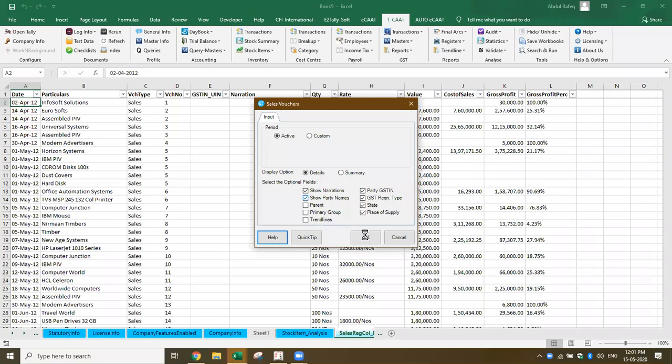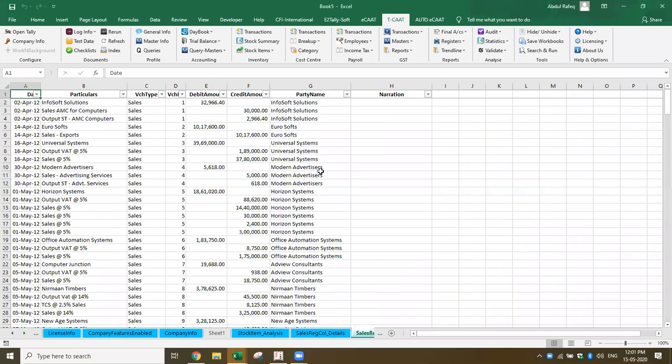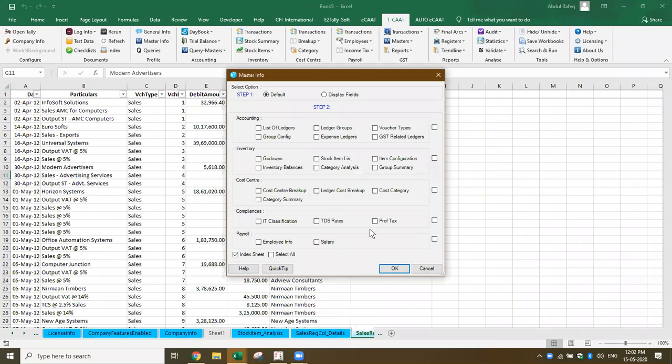With the GST, can I get the purchases made from unregistered dealers? What you can do is there is a feature. Let me see here. There are two things we can do. If you look at the master info here, I don't have GST data. If it were there, I would have shown. We have got some master info.